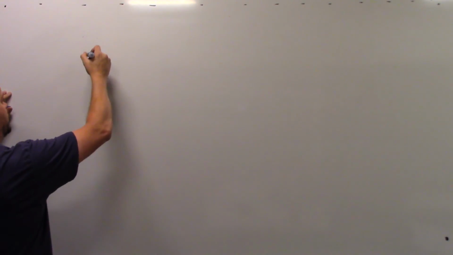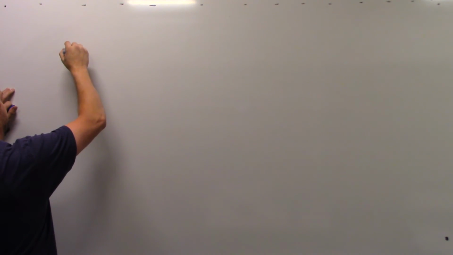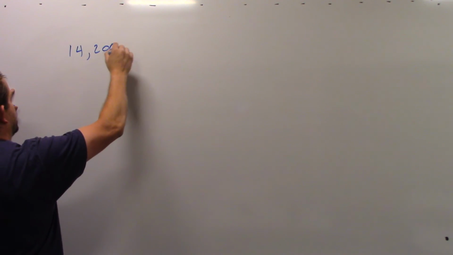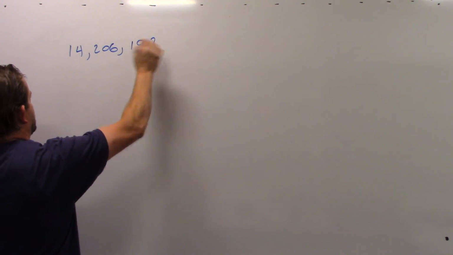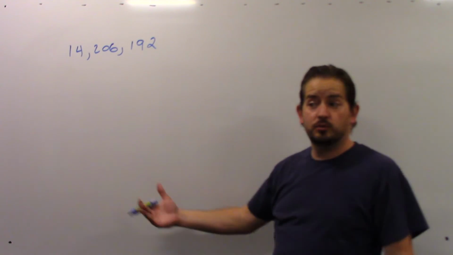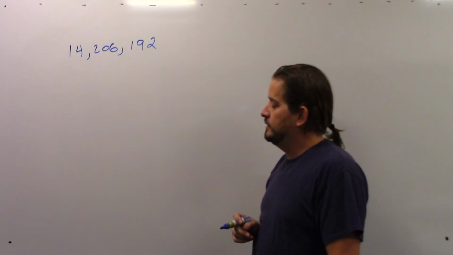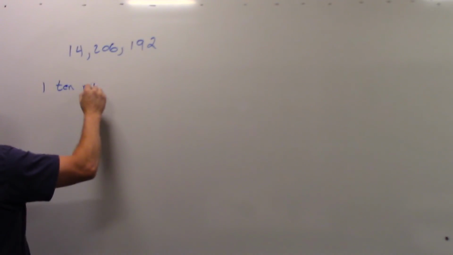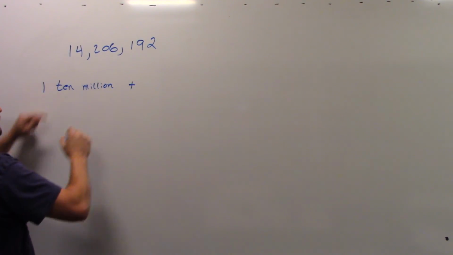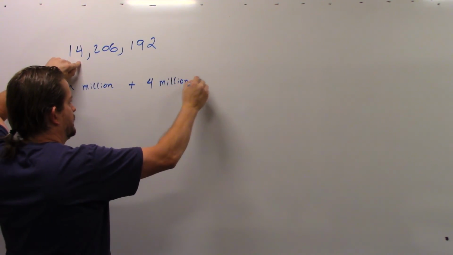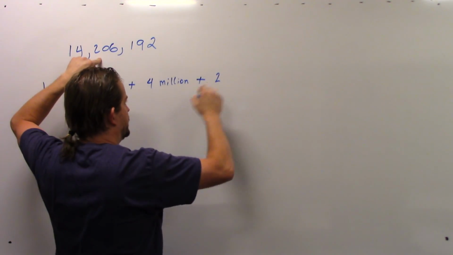Let's take a look at one more here. Let's look at 14,206,192 is the word form of this. But I want the extended form, so I'm going to write that there is 1 10 million plus 4 million plus 2 more 100,000s